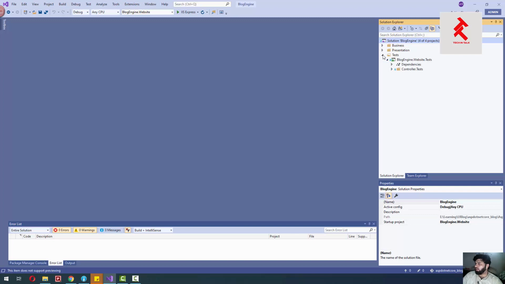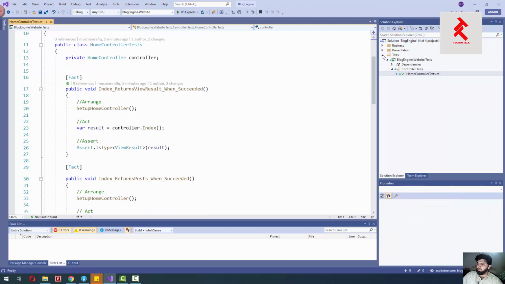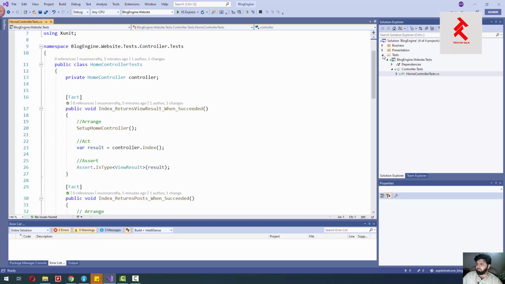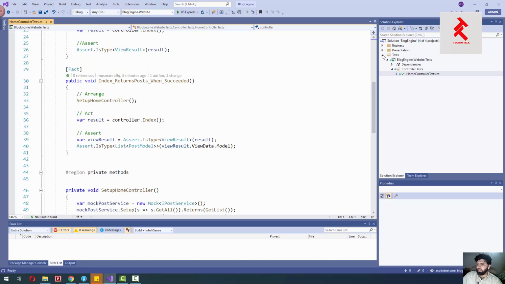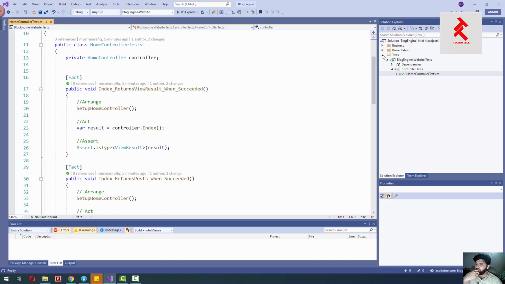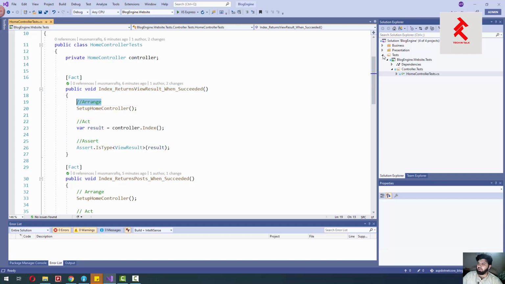As I showed in the last video, there was one single project for the tests, and we had a home controller which was pretty empty. But now I have added one more test here as well. Before going to that, I have divided each of my tests into three steps: arrange, act, and assert.